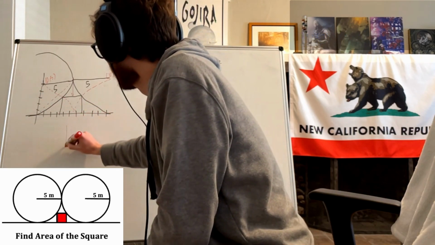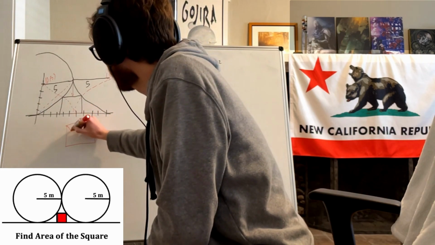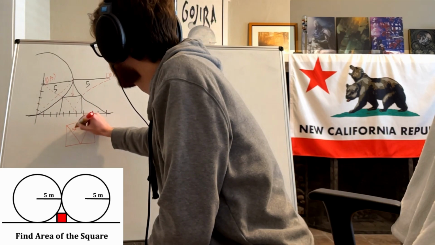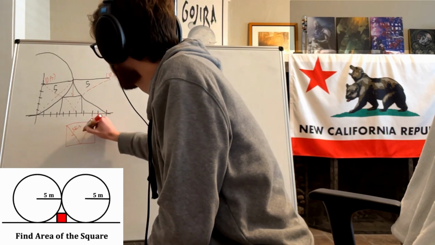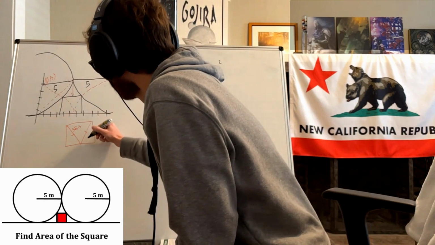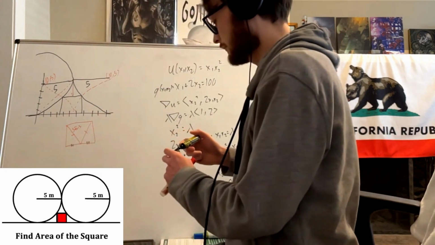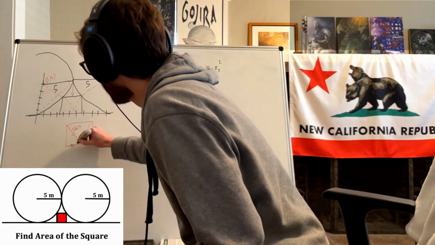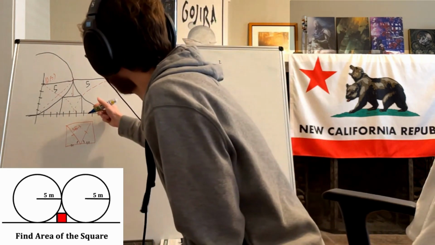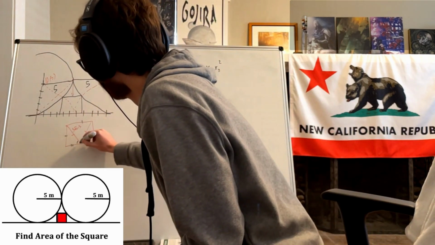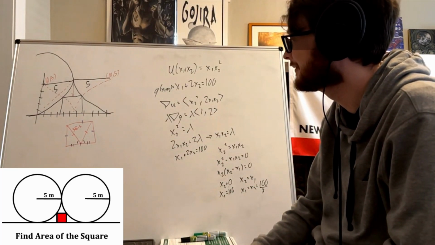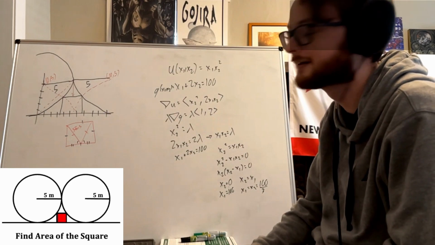So could we boil this down to 5 root 2 minus 5? Those are equal. These two are equal. Those angles are equal. I'm making a couple of leaps here, but I feel like this is right. Could we accurately say it's like this problem now, and just try and get the side length of the square?